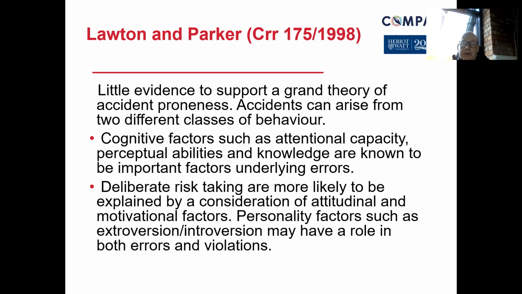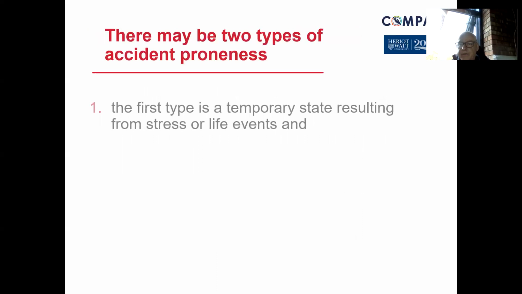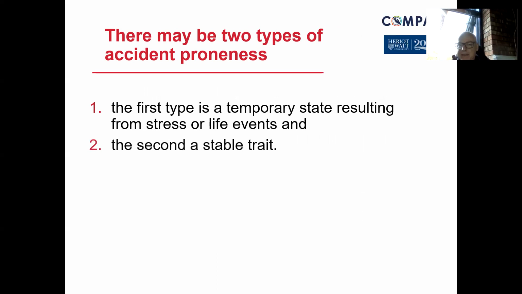So it is a lengthy one. If you get a chance, have a read of it, because there are some interesting parts of it, particularly when you look at the psychological aspects of making decisions when posed with risk. But also, they came up with the two types. We'll have a look at proneness. The first type is temporary state resulting from stress or life events. So things that have happened in the past that make you act in a different way or a particular way. And then the stress in itself, at that time, you're perhaps in survival mode, so you think differently.